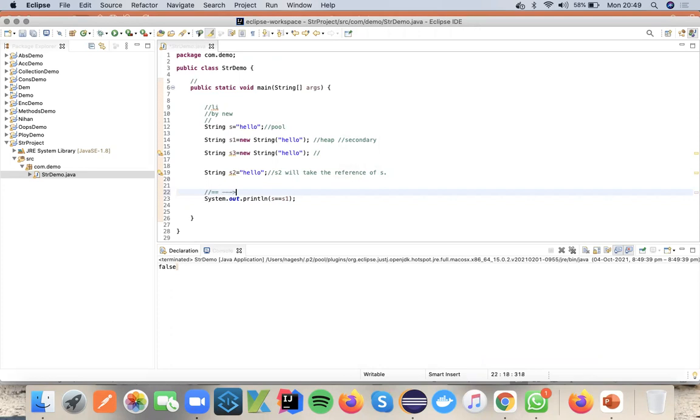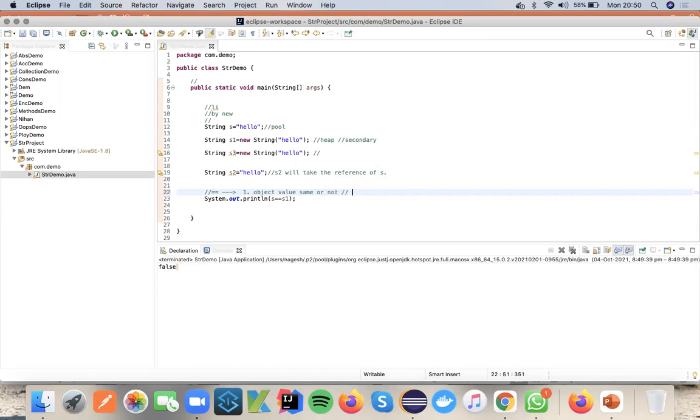So equals is an operator. What is the goal of this operator? It first checks whether the objects are the same or not. If the objects are the same, then it will do the second check. Two checks will be there. One, whether the object value is the same or not.